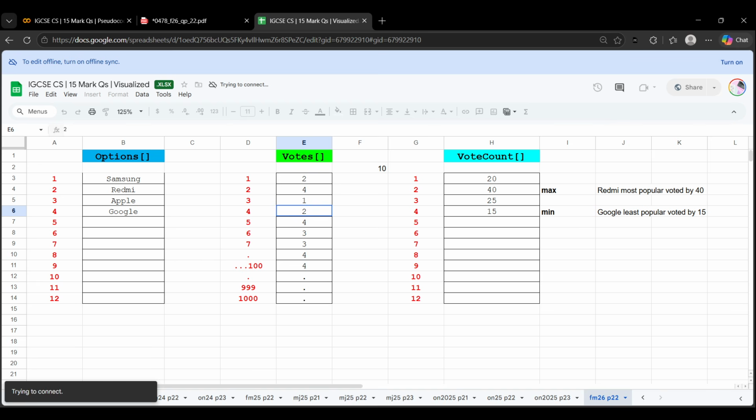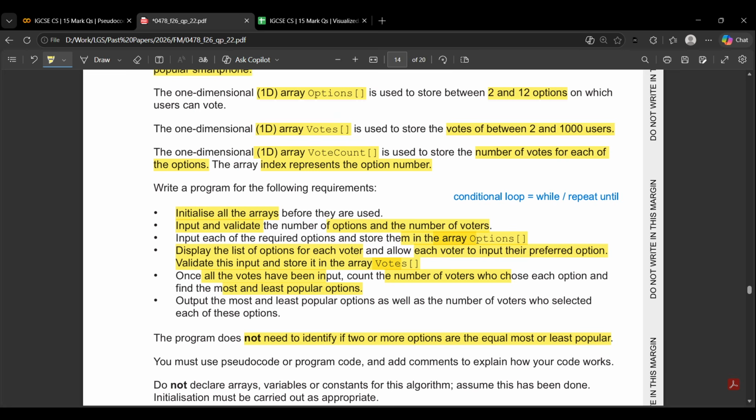Now, the most important part of this question is the vote count. Next part, they're saying that once all the votes have been input, we have to count the number of votes who chose an option and find the most and least popular options. Okay, in order to do this,